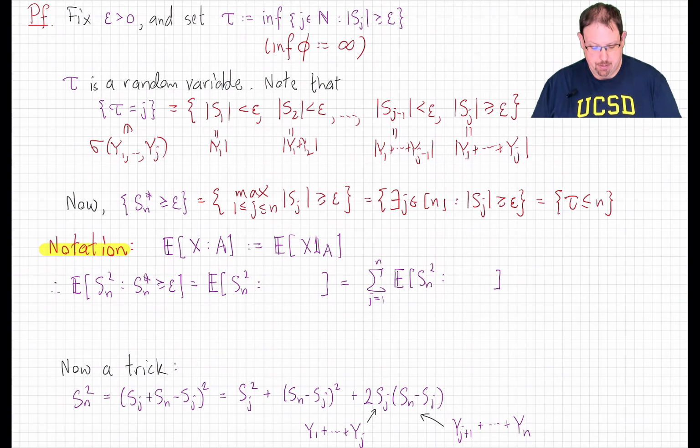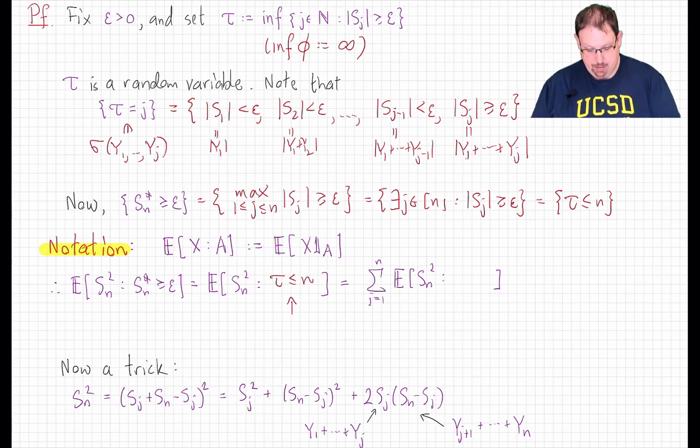We are going to pronounce this as the expected value of x given the event a. So what we can say now is that the expected value of Sn squared, given that the maximum of Sn star is greater than or equal to epsilon, is the same as the expectation of Sn squared, given that the time tau is less than or equal to n.